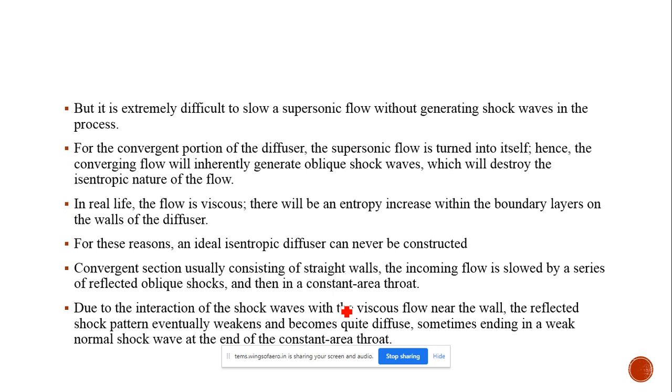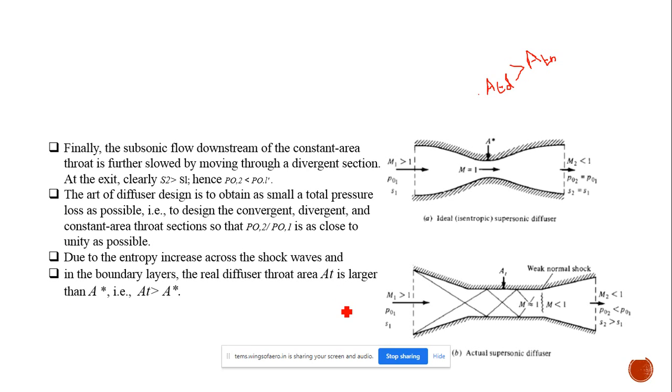So for designing the diffuser, the area of the throat will be somewhat increased. And for a throat there will be some constant area section, because for a nozzle the throat length will be small only, but for a diffuser we will have some length for the throat. That's why we have a constant area throat here. From here to here the area will be the same. Just note these things.